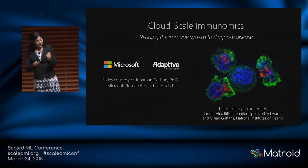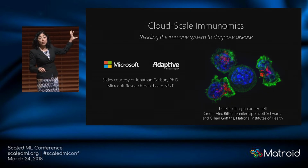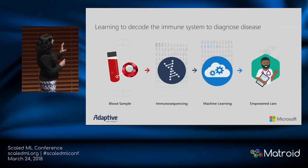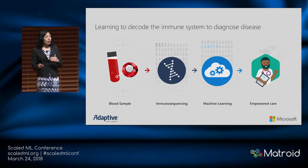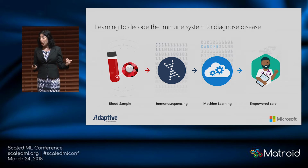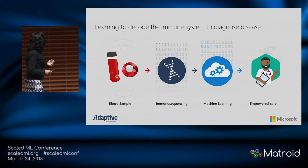This has to do with that Stand Up to Cancer project, but this is much broader than that. We are going towards learning how to decode the immune system towards a universal diagnostic. Okay, so